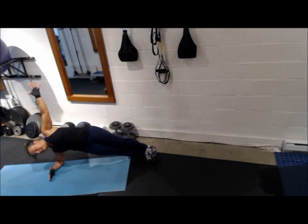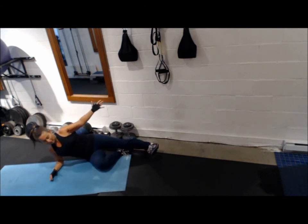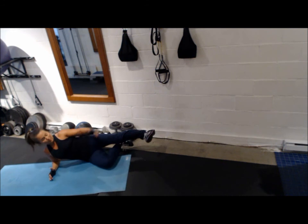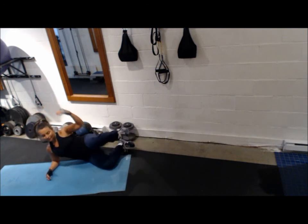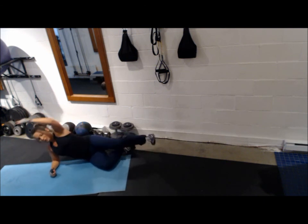Hold it up high for 10, 9, 8, 7, 6, 5, 4, 3, 2, 1. Now again, bend the bottom leg, balance on this hip, flex the top leg, and pull in. Nice deep breath. We're also pulling up. Squeeze together. See if you can squeeze so hard you almost lift your bottom foot towards your top leg as well. Squeeze in. Go for 8, 7, 6,